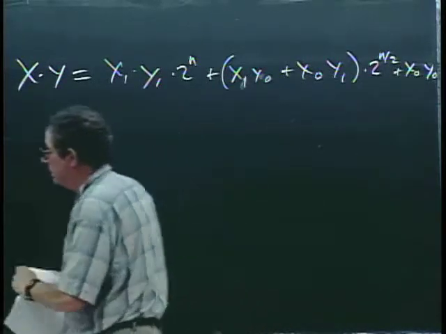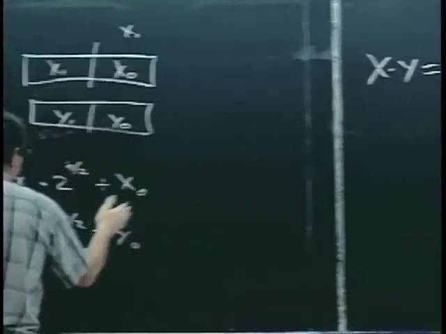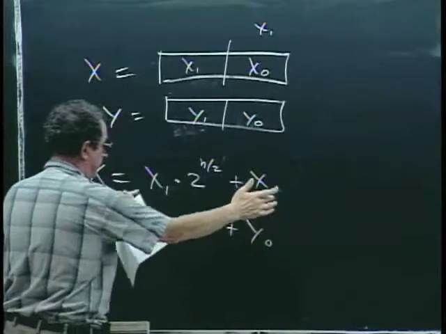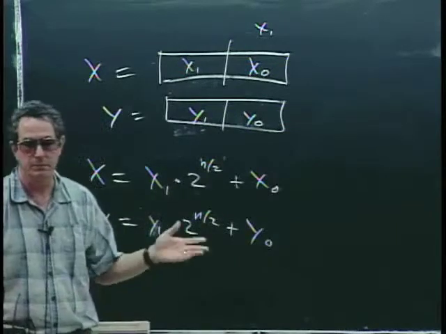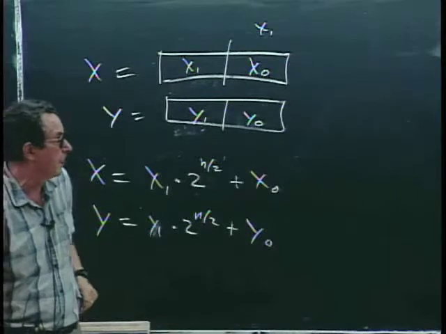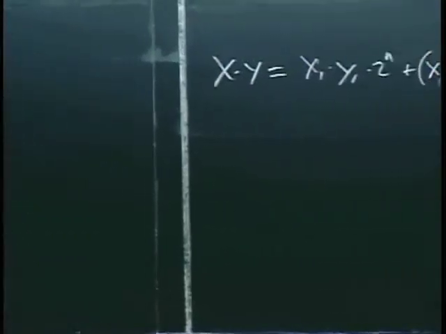All I've done here is multiply x by y, thinking of x in this form and y in that form, and then doing the cross terms. Okay, so